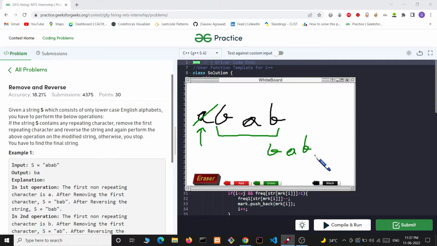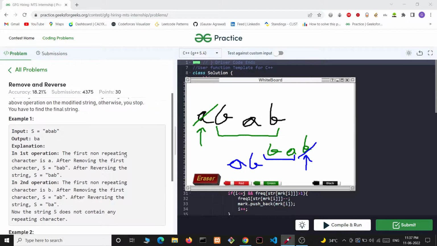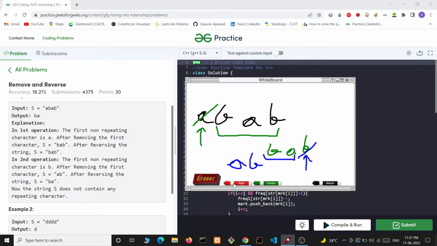Now we can see that we are having B, which is repeating from the left first. So we will remove this B and then again reverse this B, A. So we will be getting A, B. And now we will try to see if we are having something here which is repeating. We can see that there is nothing to repeat, so we will simply return it, and that will be the answer.